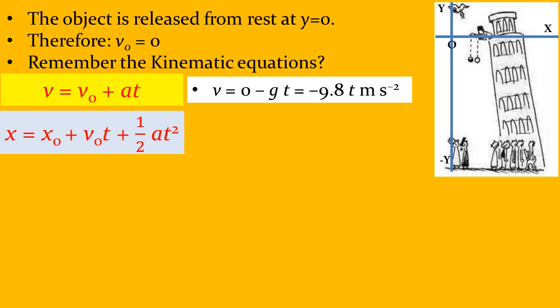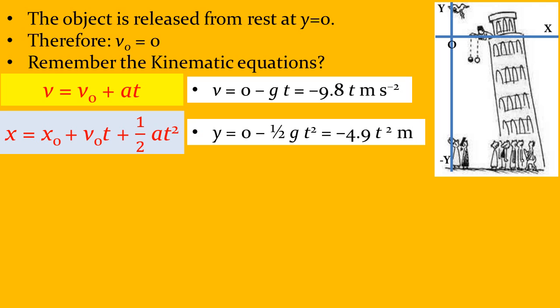The second equation is here in front of you, and in this, if I put x₀ as 0, I'm calling this as y₀ because I have chosen the y-axis, and initial velocity v₀ is 0, so that also becomes 0. So what am I left with? Half at². So minus half, why? Because g is negative, into t². If I put the numbers, it comes to −4.9t².